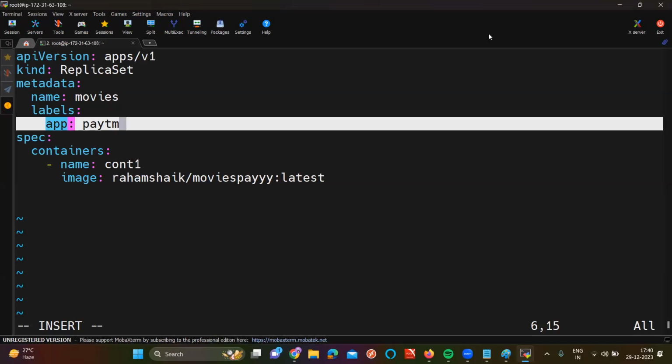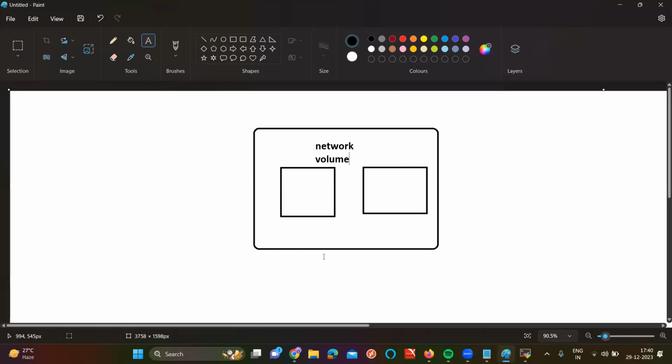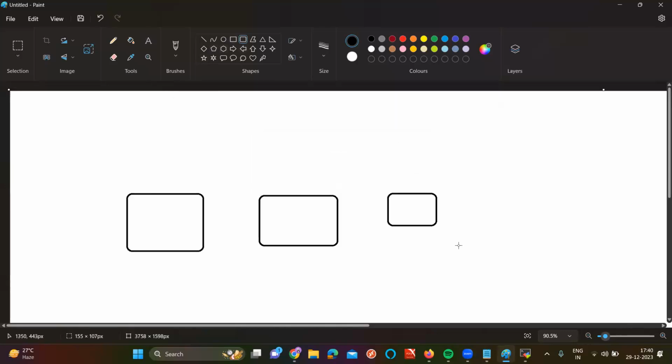Whenever you create a replica set, for example, I want 5 replicas. These 5 replicas will be like 5 pods. But here I'll take 3, since 5 is not required. Pod number 1, pod number 2, and pod number 3. All pods will have different names, sir.